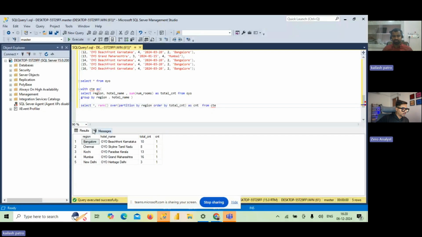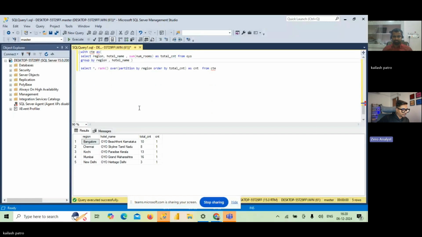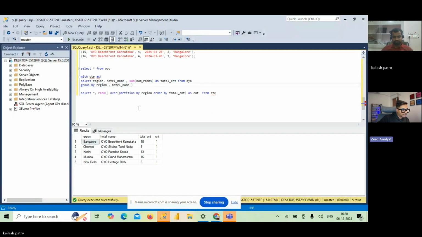So I hope you got it right, what you need to do. This rank you can use after the last column, which is this select total count, sum of rooms. Before the from, here you can use this rank. And outside, where you're filtering the data, you can simply filter everything based on the rank